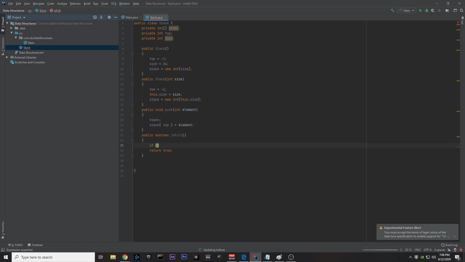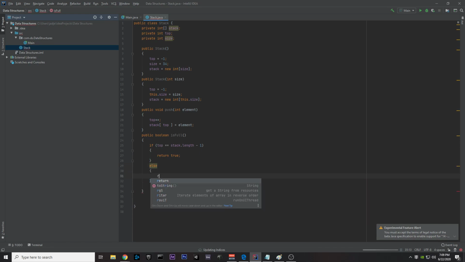so no, basically when the top of the array, so let's say the top is 35 here, because they're indices. If it's equal to the stack length, that's where we're going to have an overflow. So basically we're just going to say if the top element is equal to the stack dot length minus 1, we're going to be returning true. And so I'm just going to put that here,